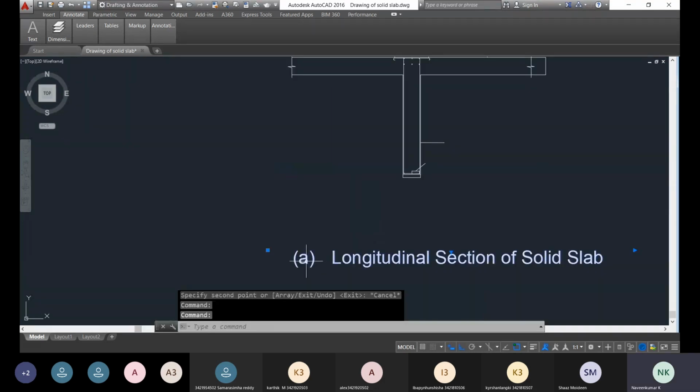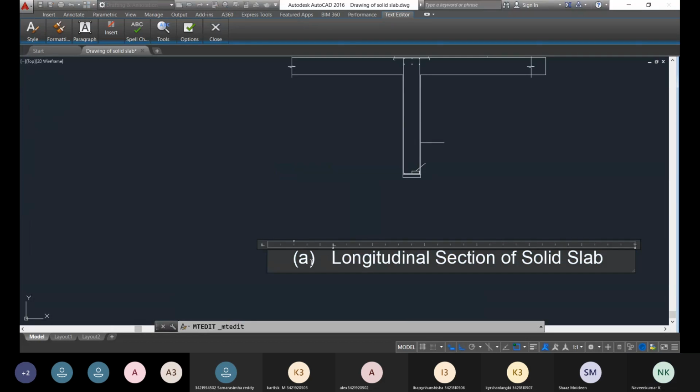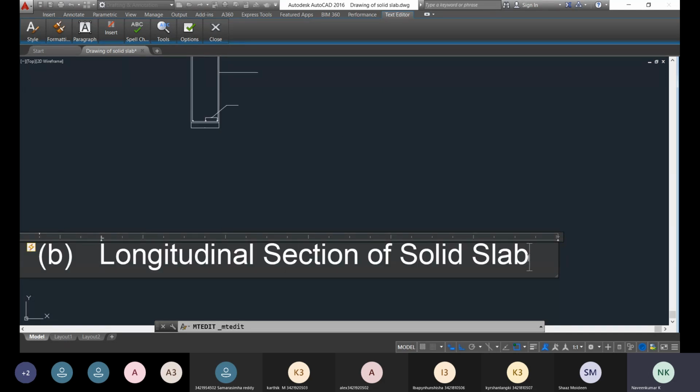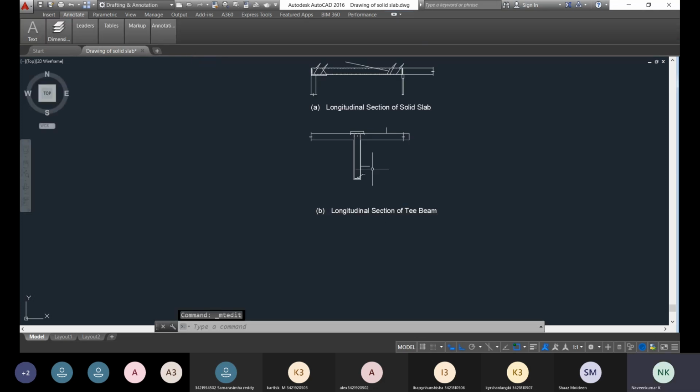This is section B, longitudinal section of T beam. It is not a solid slab, it is a T beam. So you label the drawing which you have done.